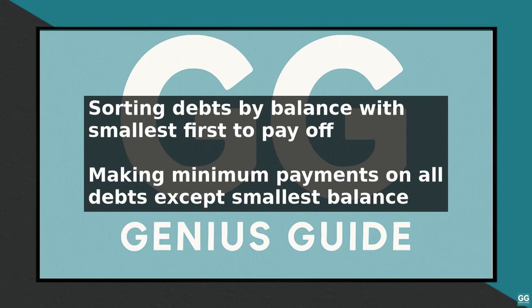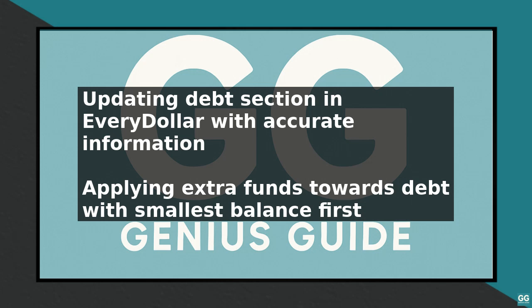As you pay off each debt, use the money you were paying towards the paid-off debt to attack the next debt on the list. This will help you gain momentum and pay off your debts quickly. Remember to regularly review and update your debt snowball plan in EveryDollar to ensure you are on track to becoming debt-free. By following these steps and sticking to your debt snowball plan, you can effectively reconcile your EveryDollar debt snowball